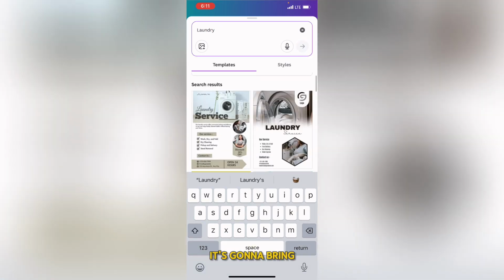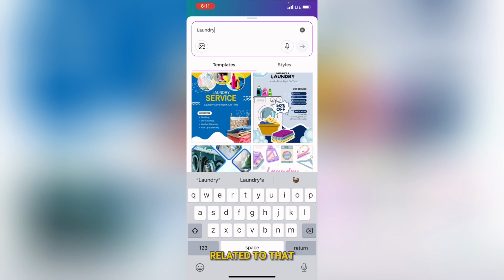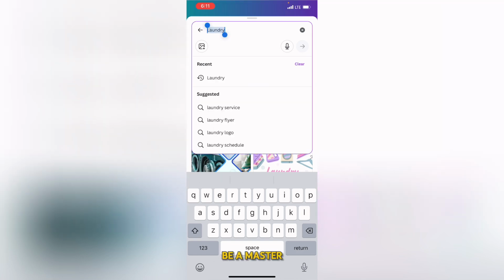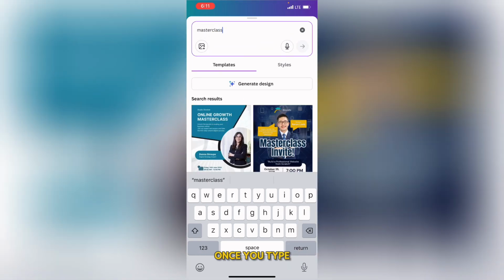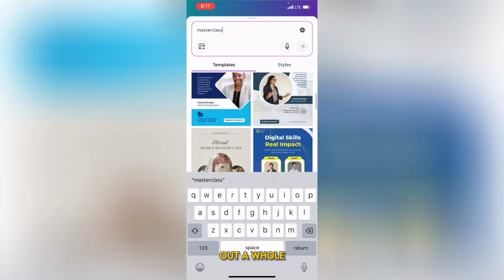Once I type in laundry, it's going to bring out several templates related to that niche. The same thing applies to whatever reason you want to create a flyer for. If it's going to be a masterclass, you can just type in masterclass. Let's say you want to teach people something online. Once you type in masterclass, it's going to bring out